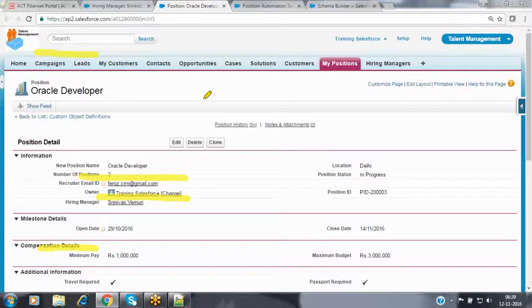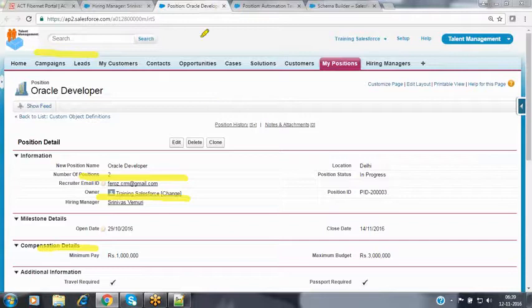When you delete the child record, only child record will be removed. So it won't impact the other records. Why? Because parent will have their own security settings, child record will have their own security settings. That's why parent will have the owner field, child also has the owner field.